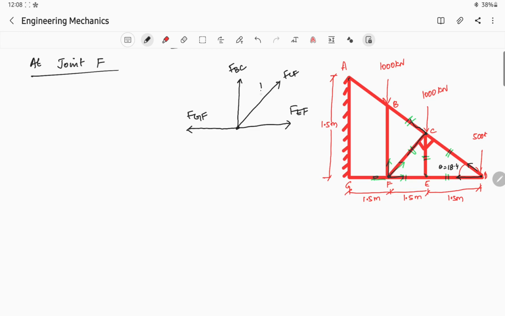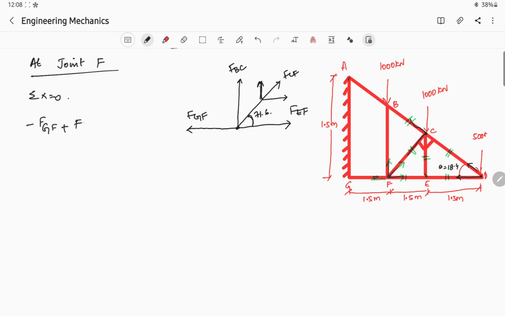Okay, so here we'll be having two components, right? Inclined force, so two components. So what is this angle? Force in member CF is making an angle of 18.4 with the y-axis. So with this one you will get 71.6. Okay, so if you do sigma x is equal to 0, you will get minus force in member GF